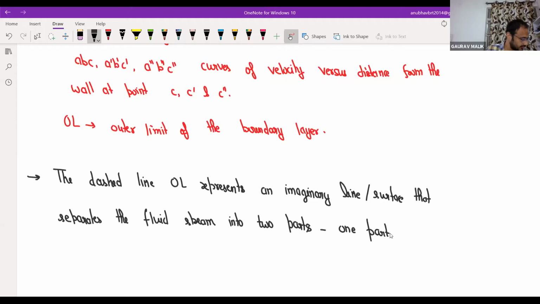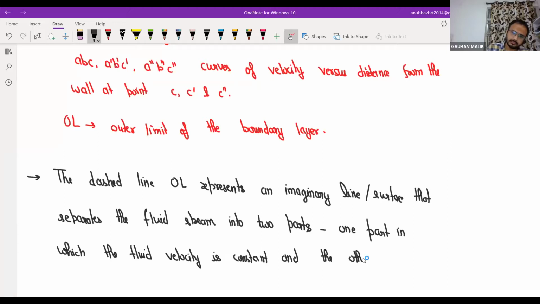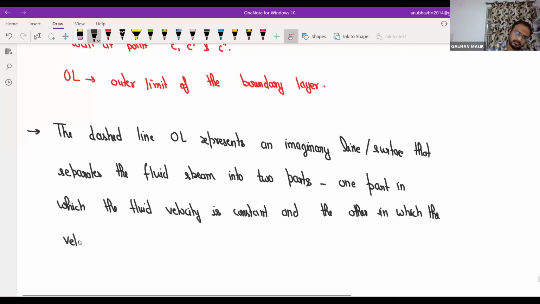One part in which the fluid velocity is constant, and the other in which the velocity varies from 0 at the wall